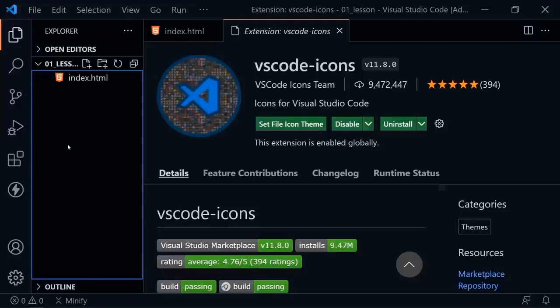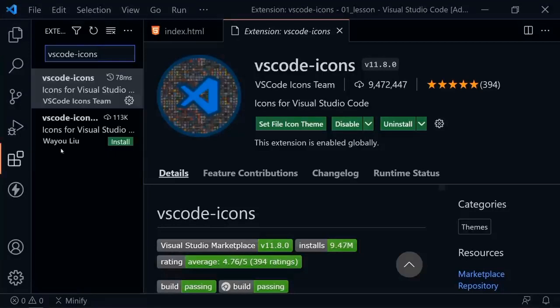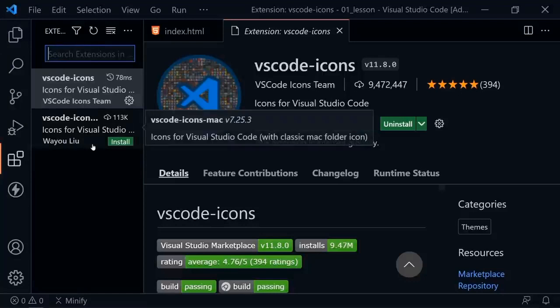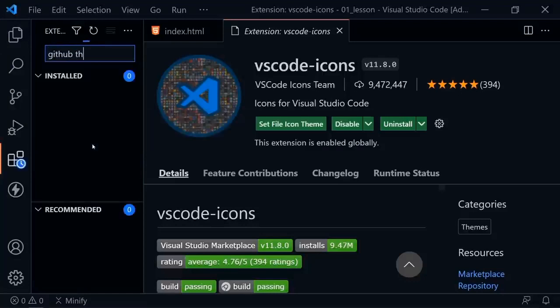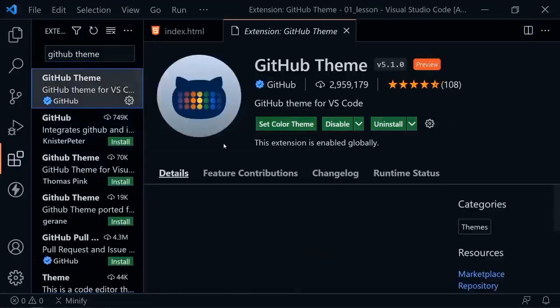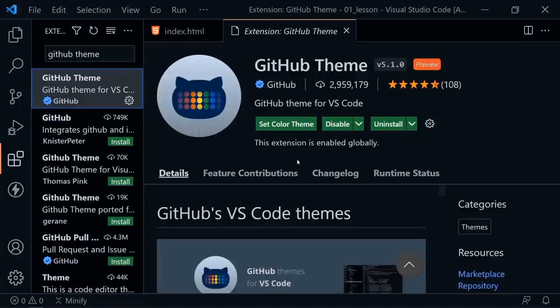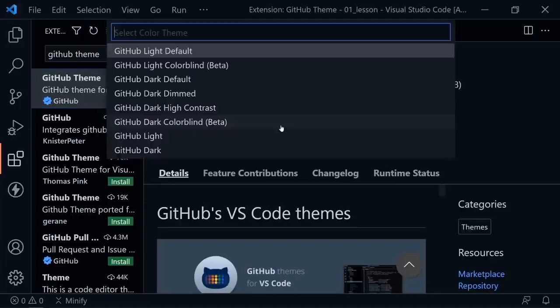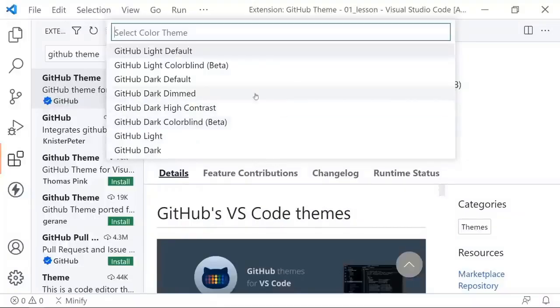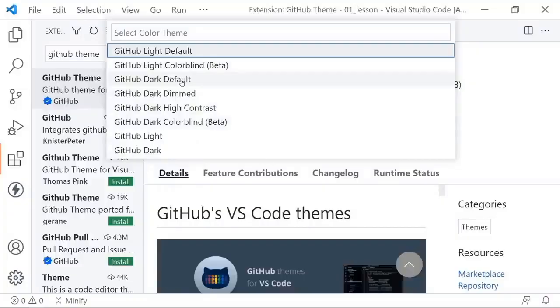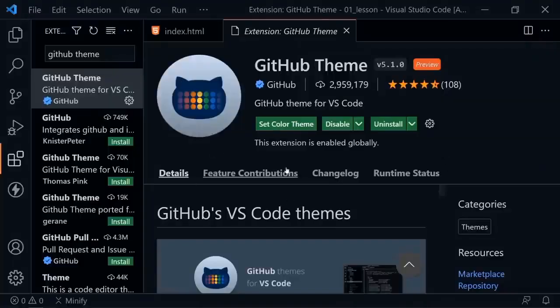After that extension, let's go ahead and click the extensions icon again, and then search for GitHub theme. I am using a specific theme, which I prefer dark mode in everything that I do. So I am using the GitHub theme extension, and it has light and dark themes. I believe I'm using the default dark theme. This might be bright for a second, but I'll click Set Color Theme. And yes, it switched back to light, but I choose GitHub Dark Default, and then yours will look much like